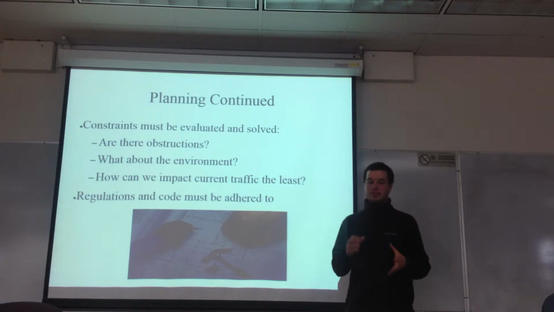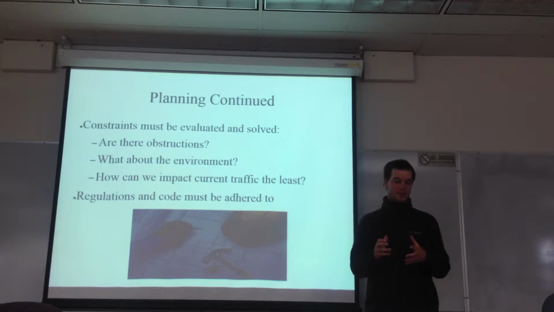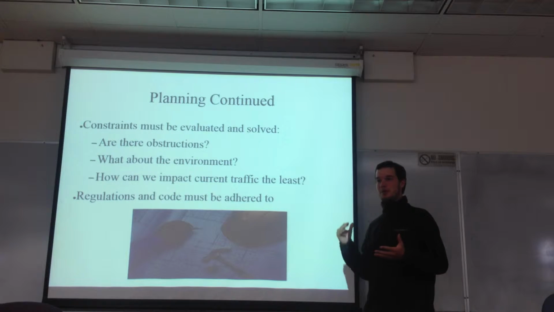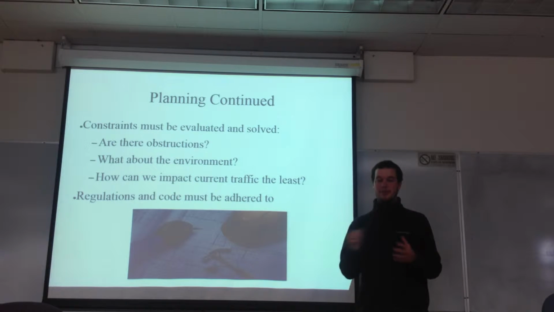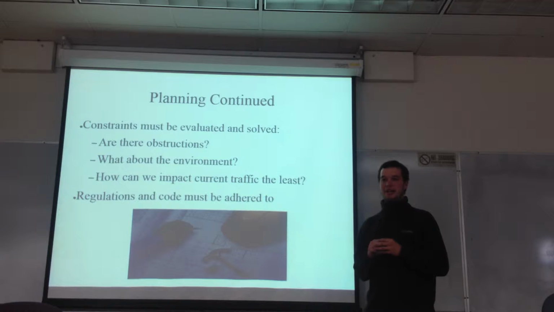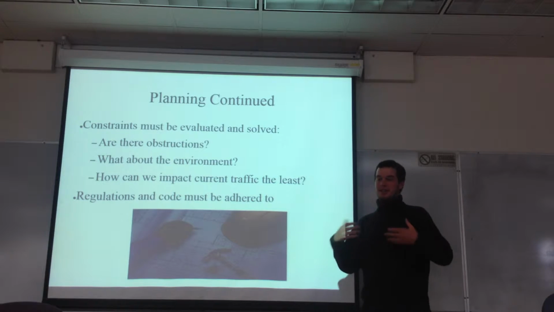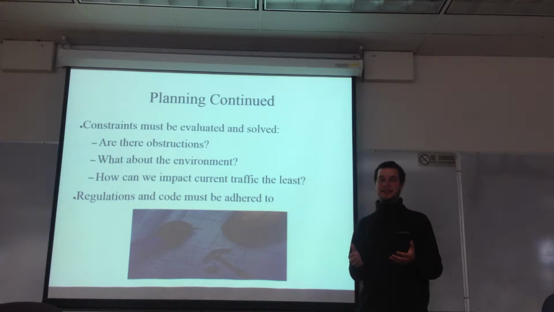Now, we've got to think of constraints, because construction projects are notorious for having constraints. Are there obstructions in the way? What about the environment? We can't just go cutting through a forest to build a brand new road. Then we've got to think of how we can impact the public the least. I'm sure we've all driven down the road before and thought to ourselves, what the heck, can't they do this any better? Well, trust me, us as engineers, we try our hardest to, but sometimes it's just the lesser of two evils. So we try our hardest to impact the public the least,